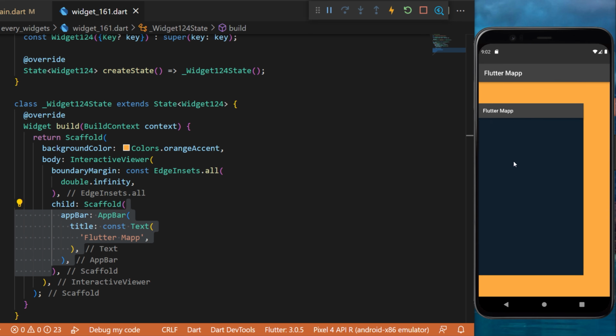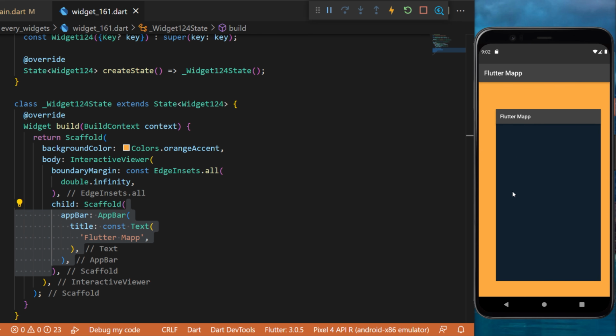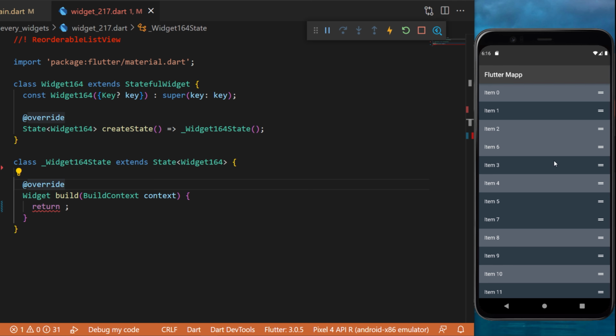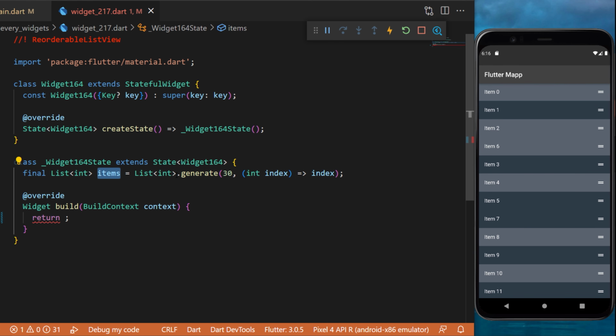But keep in mind that you can use this for any widget. The ReorderableListView. On the screen we have a list, but we can reorder every item inside this one. First, we will need to create a list of items. This one will be a List.generate of